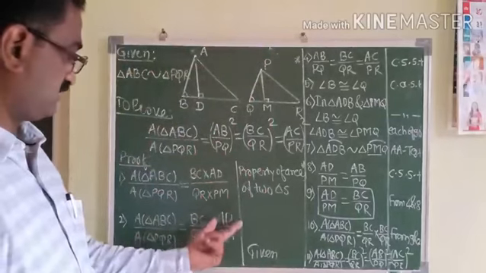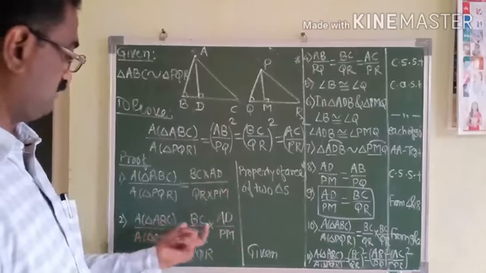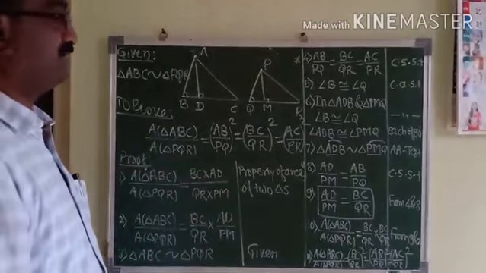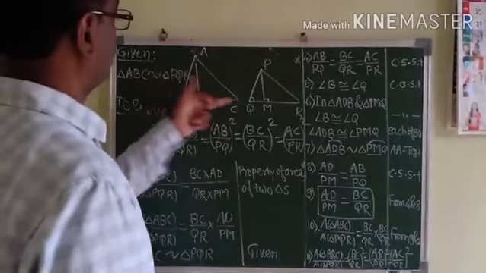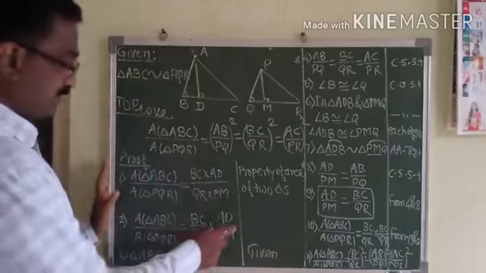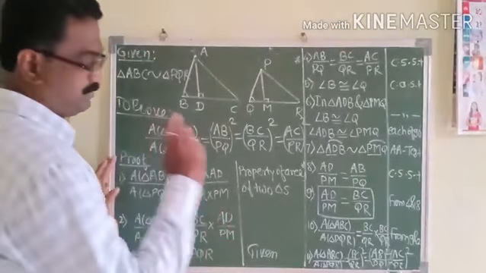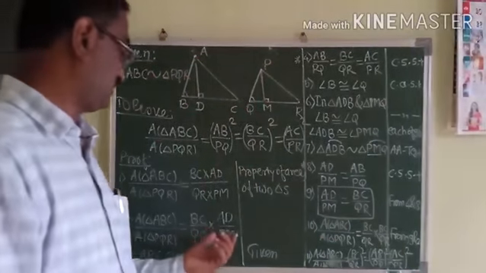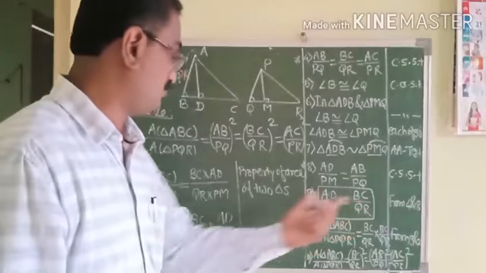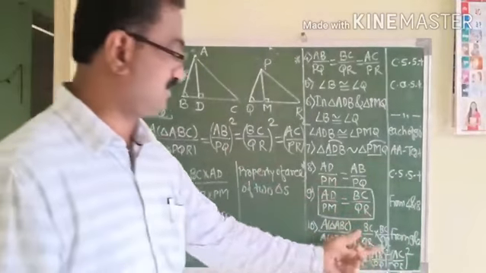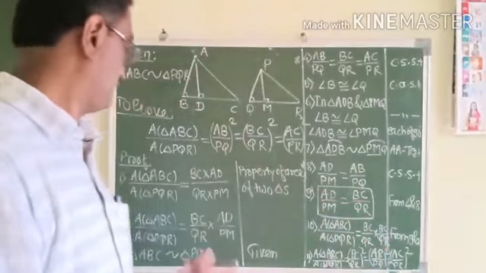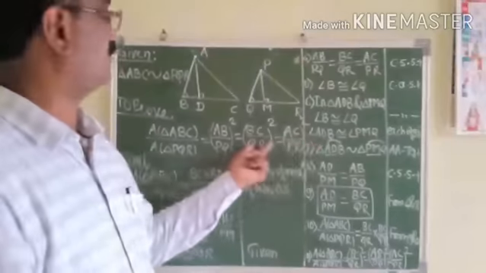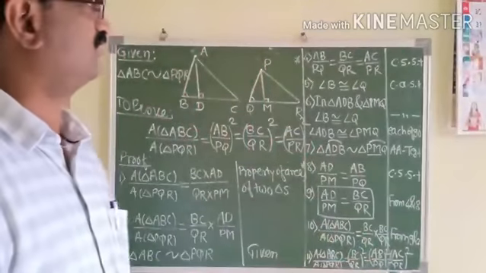Now we can rearrange the terms. So AD upon PM and BC upon QR separate. So our task is to prove that AD upon PM is equal to BC upon QR. As soon as we can show that AD upon PM is equal to BC upon QR, if we substitute the values, then we get BC square upon QR square. But all these three ratios are same, therefore their squares are also equal.